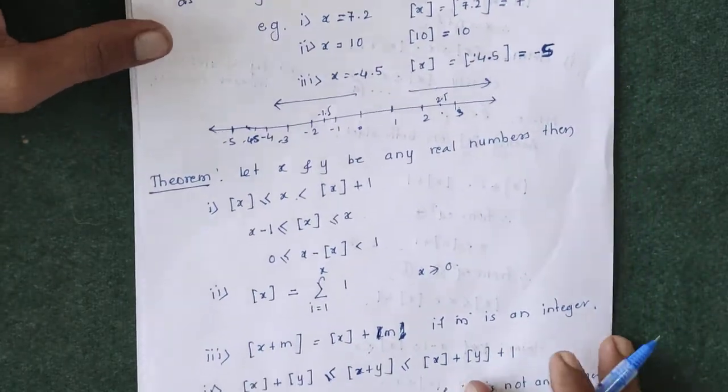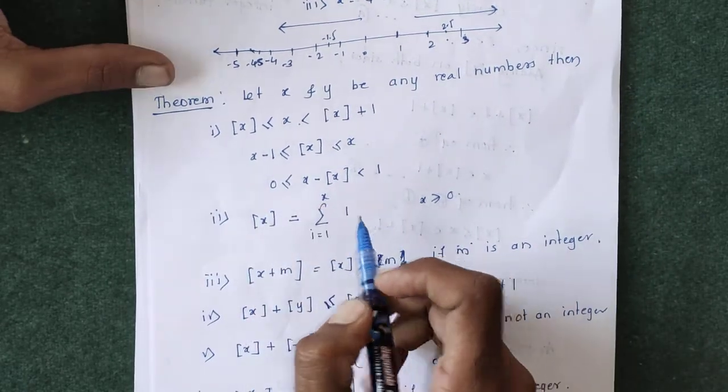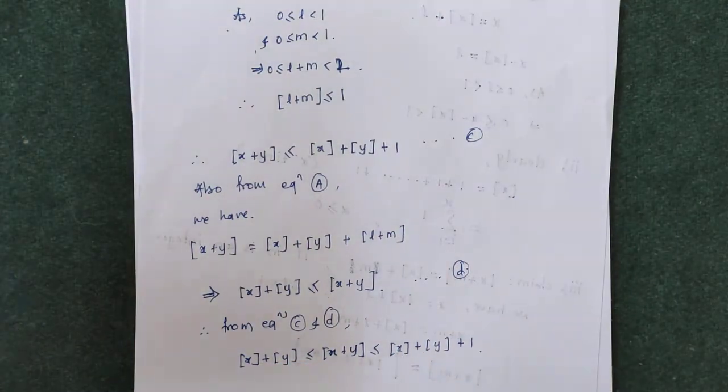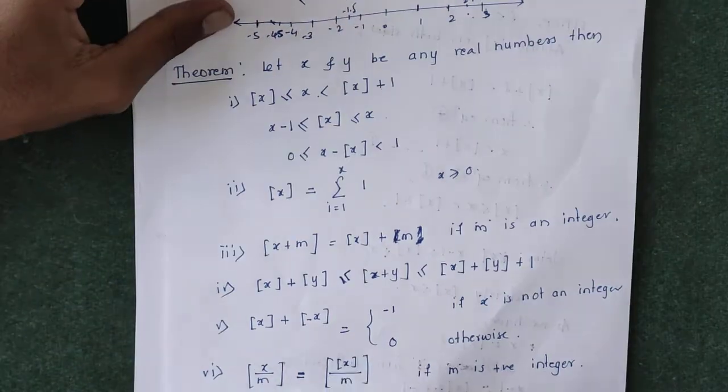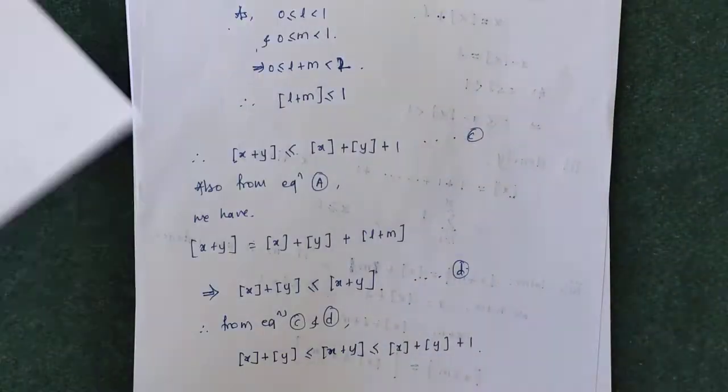Now we will continue our theorem. In the theorem we have seen the proofs of the first three or four properties. Now we are going to continue to prove the fifth, sixth and seventh property. In the fifth property, our claim is